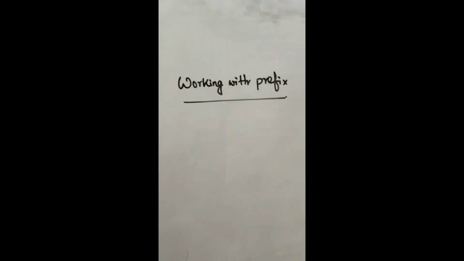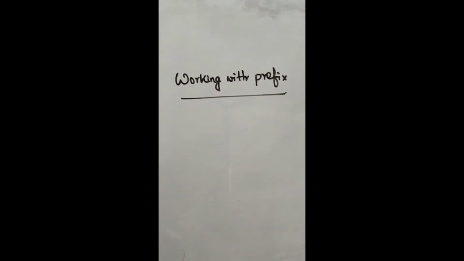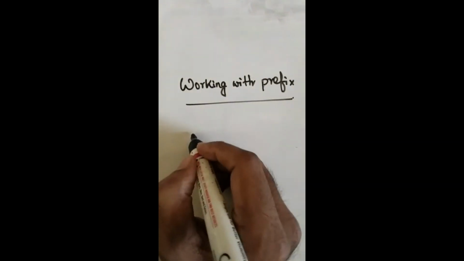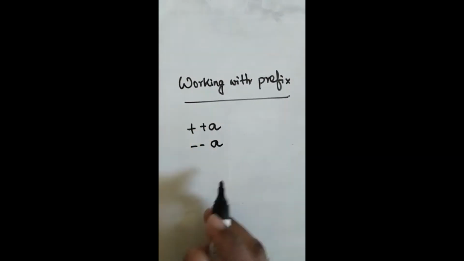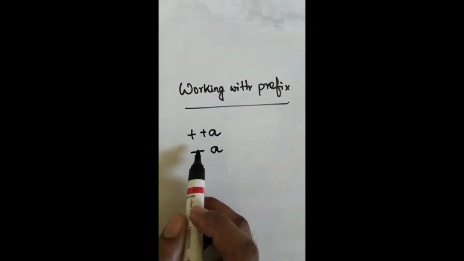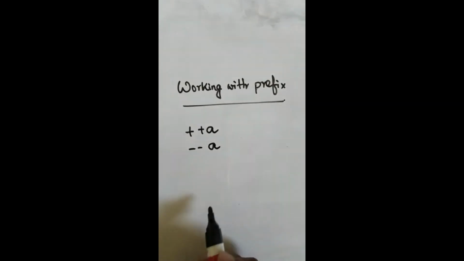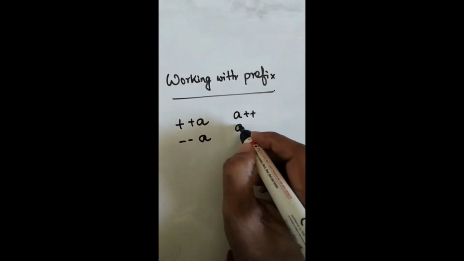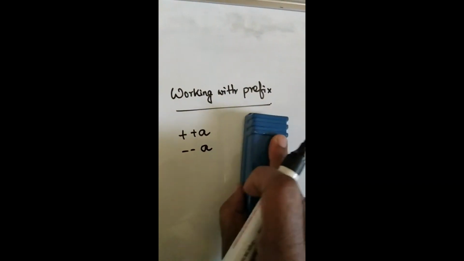In Java, we know that both the increment and decrement operators have two varieties. They may either precede or follow the operand. The prefix version comes before the operand. So like this, ++a, or in case of the decrement operator, --a, this is the prefix version as the operator comes before the operand. In case of the postfix version, the operator comes after the operand, like this.